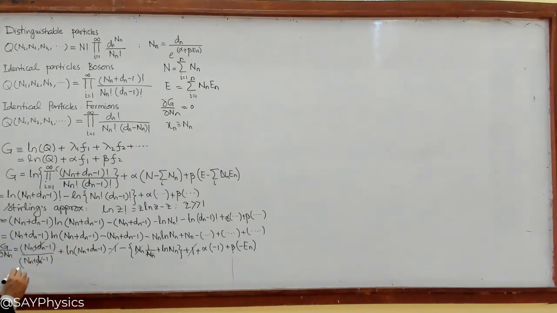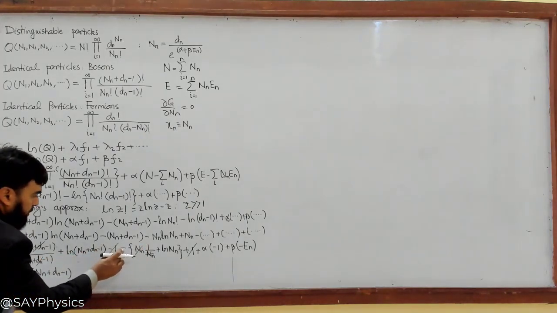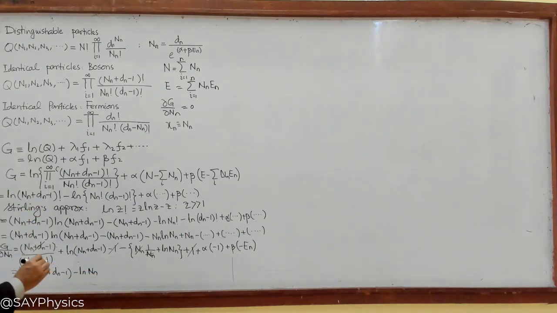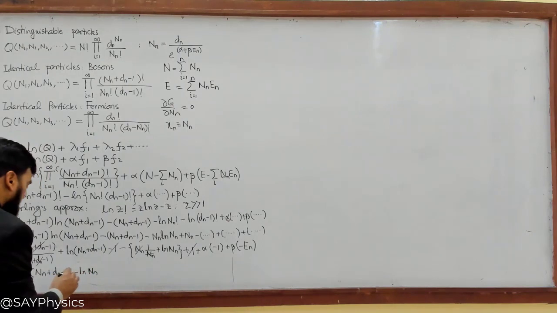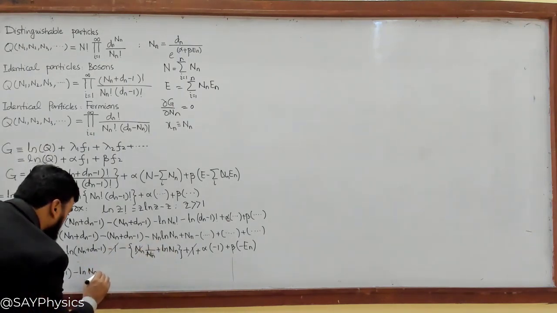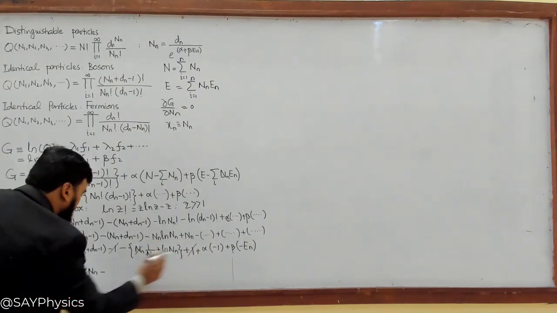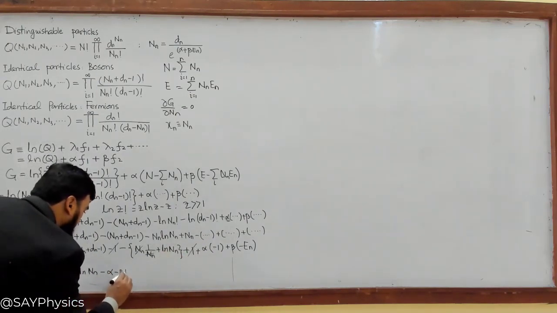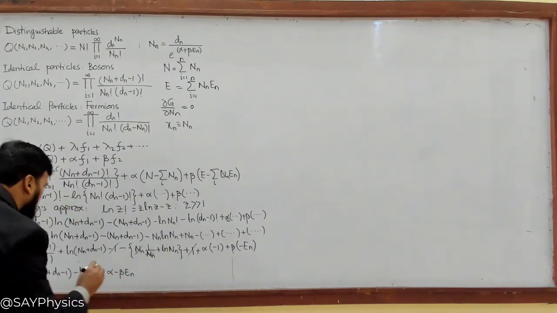We have cancelled there, so log of nn plus dn minus 1, and this minus with this minus log of nn, okay, minus log of nn plus, and it becomes minus alpha, and then minus beta en, and this thing is